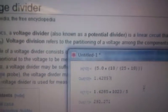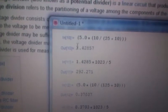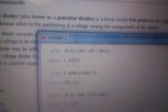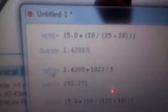So I already set up a notebook to calculate the theoretical voltage going into our Arduino. Our theoretical voltage input for 25 kilo ohms, that is the specification for when the resistor is totally flat, should be 1.42857 volts when it's flat, and I mapped this to Arduino's 0 to 1023 range. If you remember from my previous video, Arduino maps 0 to 5 volts to 0 to 1023, and that's the signal